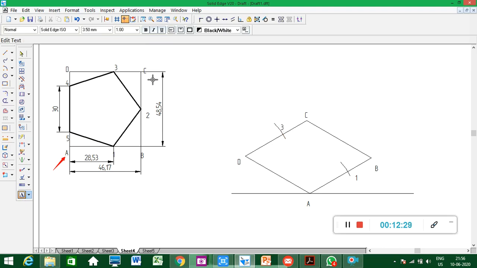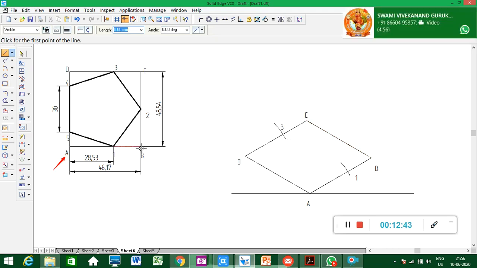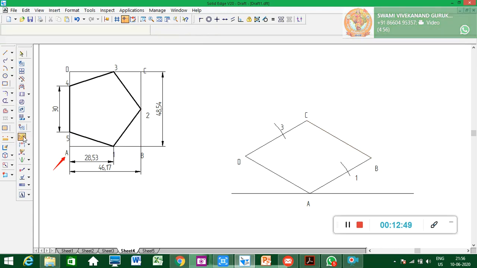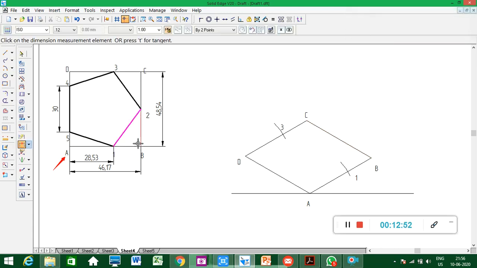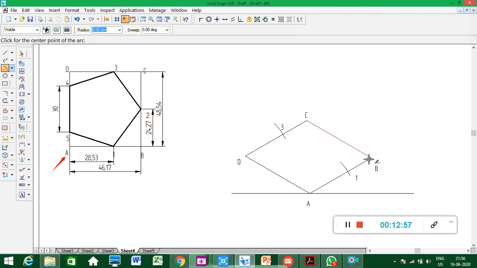Where is 2 here? It is the midpoint of BC. So I can easily get the midpoint here when I want to draw a line, but manually you have to take half. For the compass, you set the compass to B to 2 and draw the arc. This distance I'll show just for your manual drawing. From this corner to this end, this line dimension you measure how much? 24.27. This is which point? The second point.